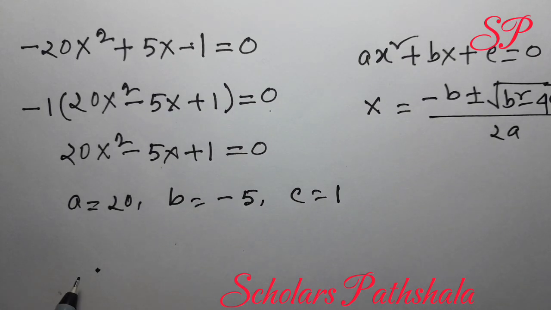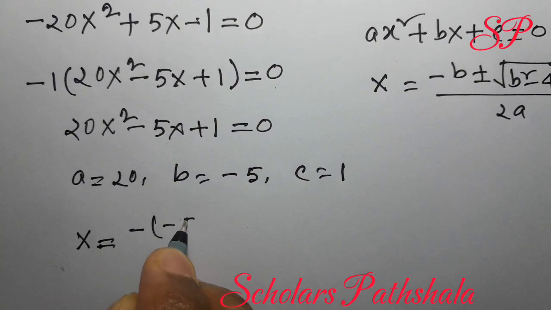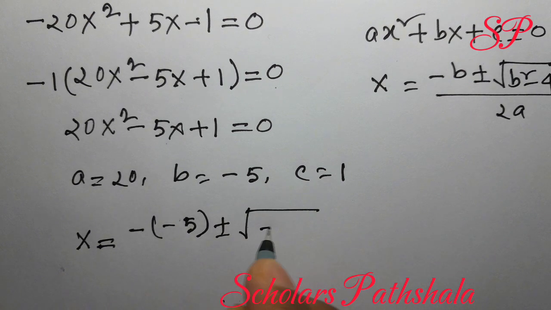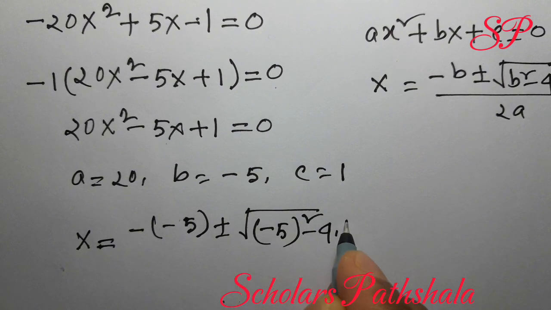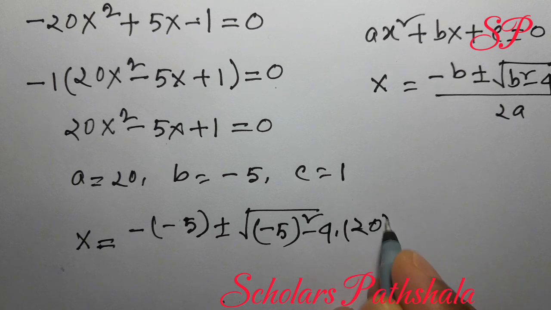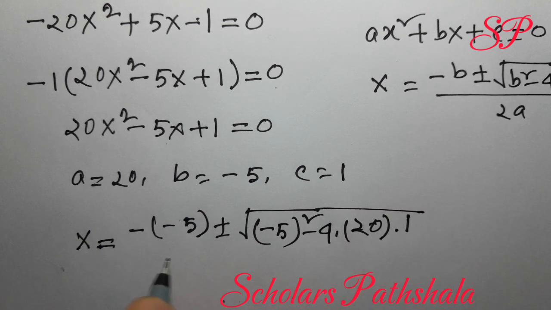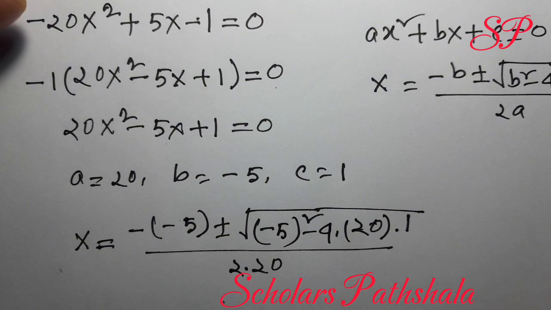So we can write from here x is equal to minus (minus 5) plus minus root over (minus 5) all square minus 4 into 20 into 1, by 2 into 20. Okay friends,